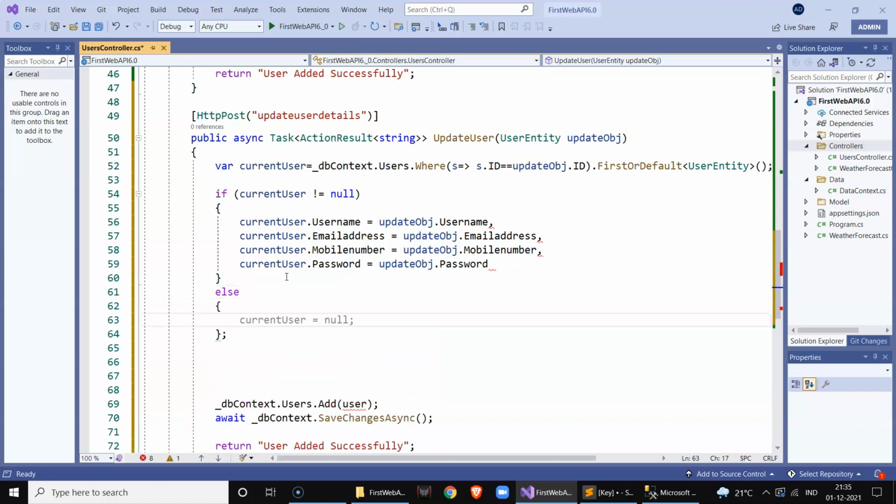If it is null, we say user details not found. And if the details are found,